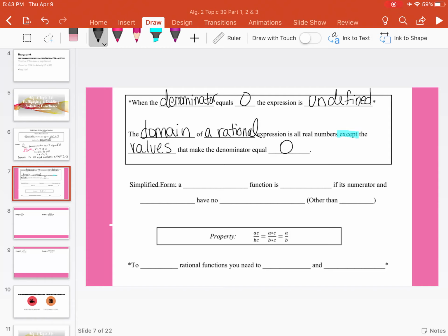So that's why in the example before, we had this restriction. We had the domain is all real numbers except 3 and negative 3, because if we plugged in 3 and negative 3, we would get 0 in our denominator. So in that first example, we couldn't simplify that rational function. But if we did want to simplify a rational function, we know that a rational function is simplified